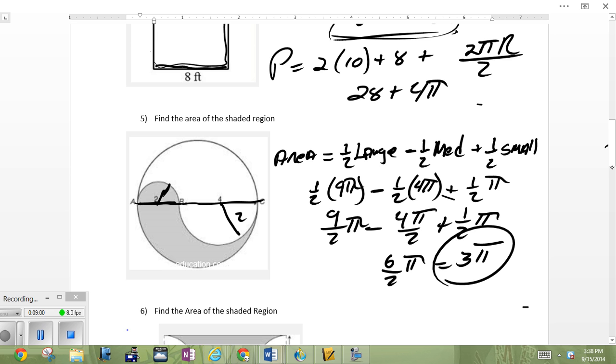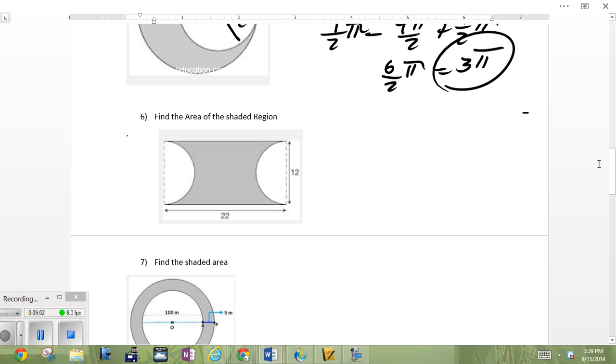I've got this next one. All right, this is what? This is a rectangle, which is 12 by 22, less 2 half circles, okay? So the area here is the entire rectangle, which is 22 by 12,